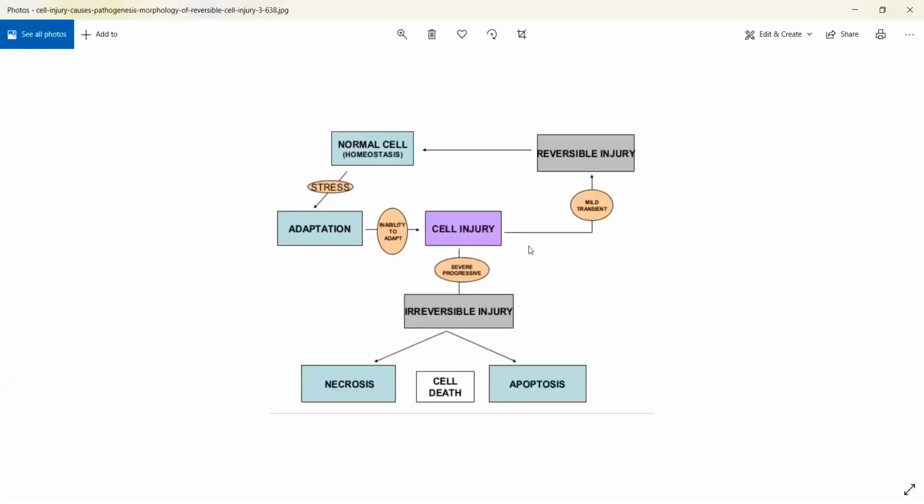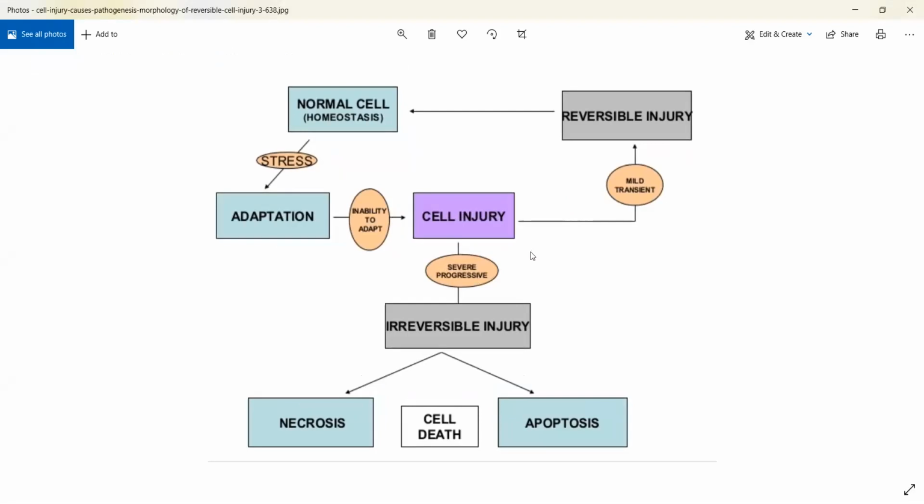Before showing this to you, I'd like to show you a small algorithm so that you get a better picture of the difference between reversible and irreversible cell injury, and how your body proceeds to apoptosis, necrosis, and all of that. In any case, if a normal cell is present, it will try to maintain homeostasis. It will try to resist change. It will try to maintain its stability, functioning normally as it was.